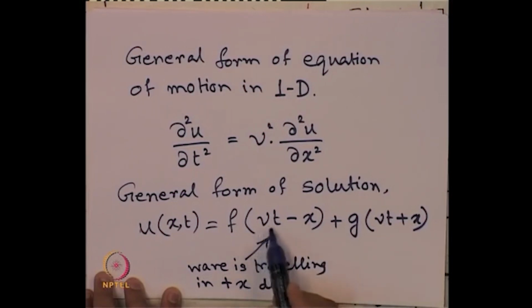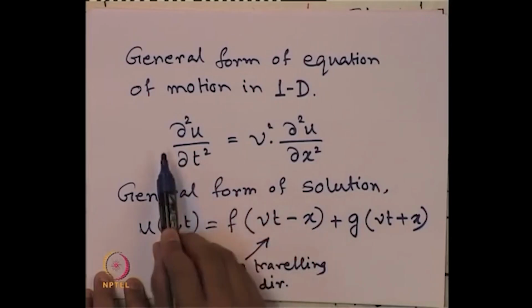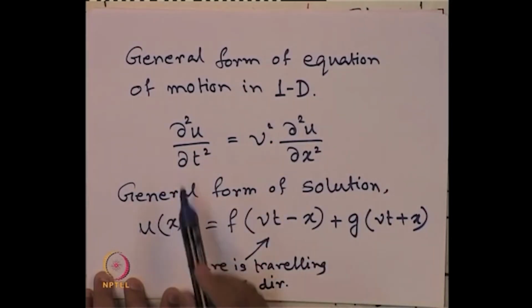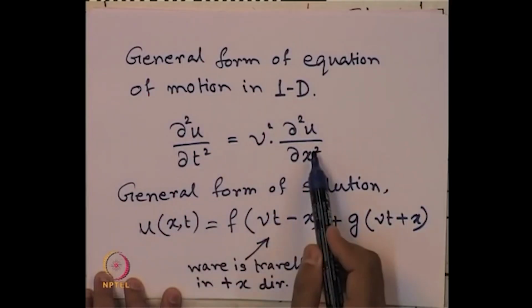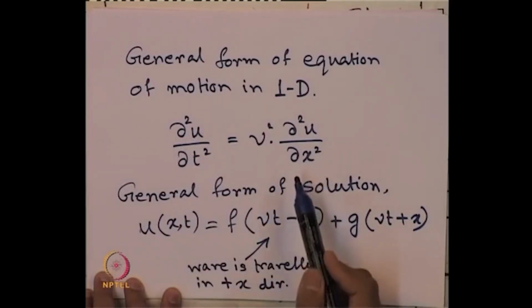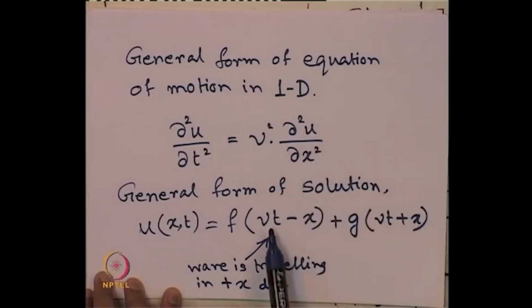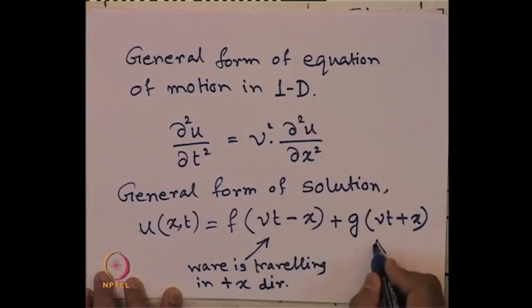That is, velocity times t will give you the distance parameter. So, it will be a function of the distance parameter, because when you are getting the solution of this second order differential equation in terms of u, you are integrating it 2 times, you will get the solution in terms of distance. So, that distance function will come as a function of this, and this portion is nothing but when the wave is traveling